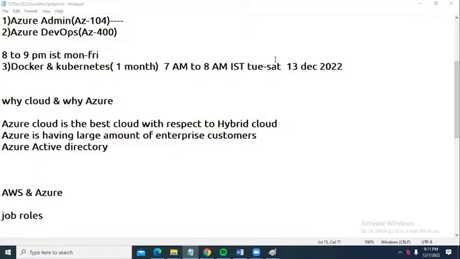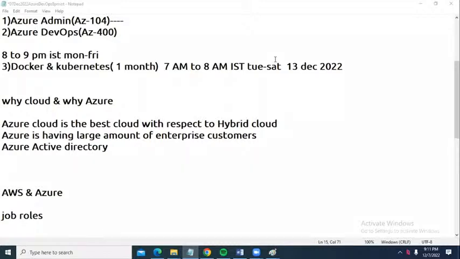Suppose in our application, VM and RDS database information needs to be given in the properties file. There is a separate service for that: database as a service. Azure database services are there, and we are going to discuss them. We can also have one more service, app services, and we will discuss app services there as well.